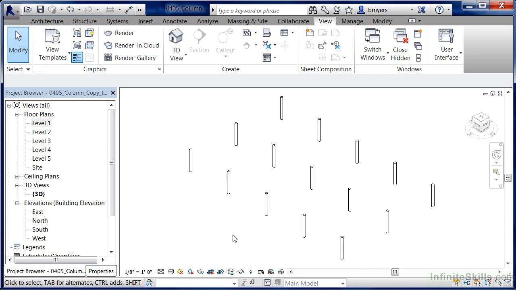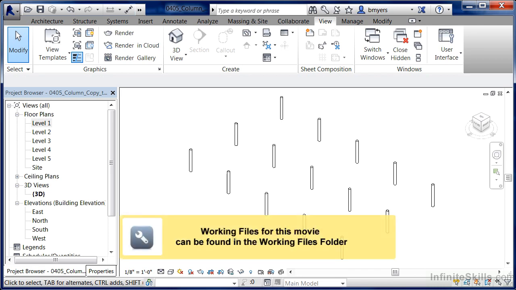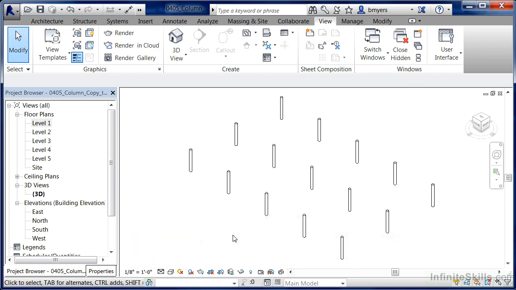In this exercise, we're going to learn how to copy columns from one floor up to the next floor. The reason you'd ever want to do that is because when you first model a three-dimensional column like this, you want it to be modeled to real-world dimensions, such as if that column only goes from the first floor up to the second floor, you want to make sure that it's modeled that way. Then, on the second floor and the third floor, you want to copy those columns up and stack them on